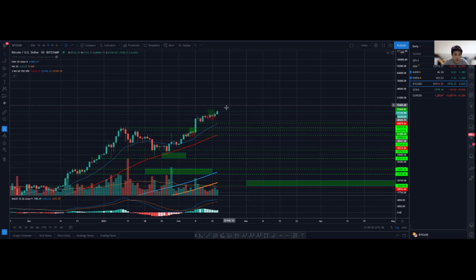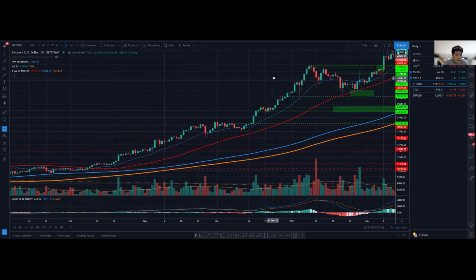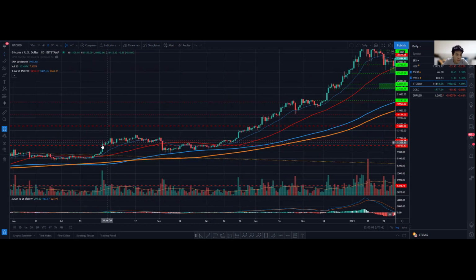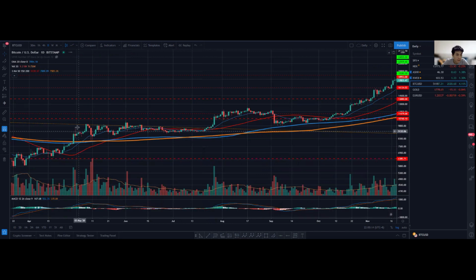So if I do see a very nice bearish candlestick, a rejection from the top, which you notice we haven't seen that kind of daily candlestick for a very long time. I don't like an exhaustion kind of candlestick, but a bearish engulfing candlestick would be great. Potentially this type of candlestick, but it must happen near the top and not so much like here, whereby we don't have some sort of overextension. So yeah,